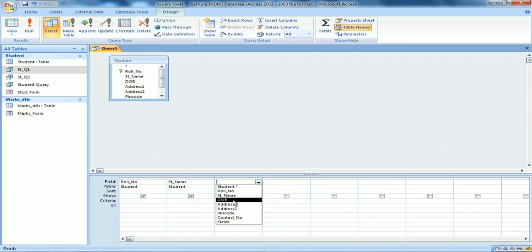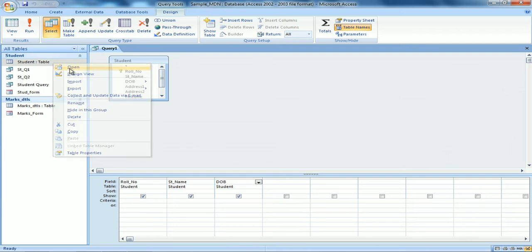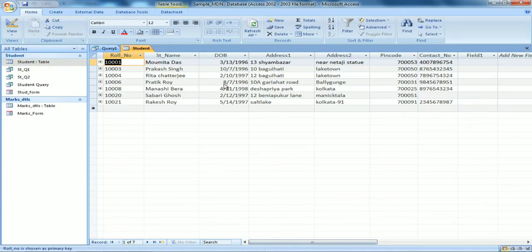Here I am giving a criteria as from this year to this year, only those students' records will be shown. So I forgot, let me see what my students' dates of birth are: 96, 97, 98. So these are my records. So let me choose 2 years, okay, so that I can show you.